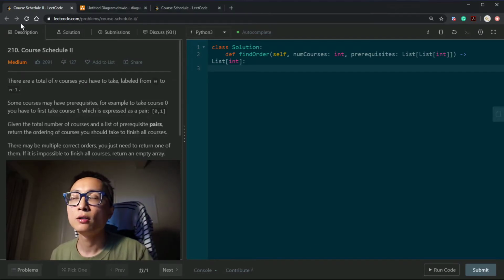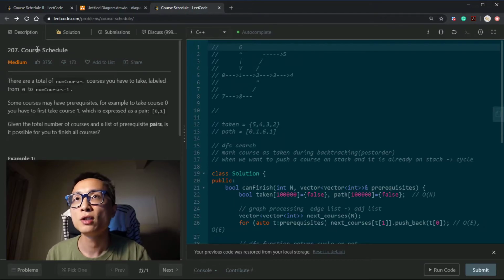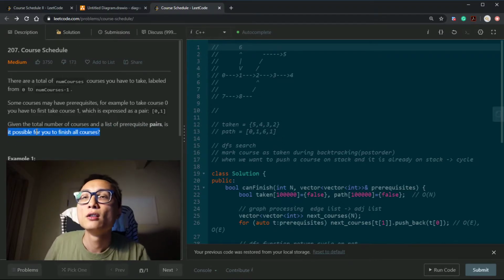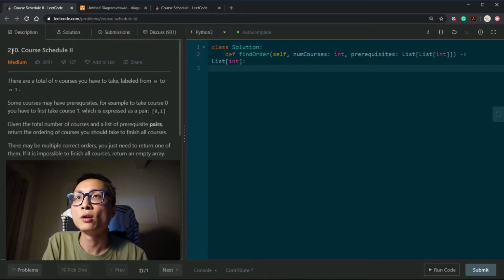Hey, hello there. Today I'm looking at question 210, Course Schedule 2, which can potentially be a follow-up to question 207, Course Schedule. For 207, all the question is asking about is feasibility. So we want to determine whether it's true or false that we can finish the task described by the problem here. But for this potential follow-up question 210, not only do we have to determine this feasibility,